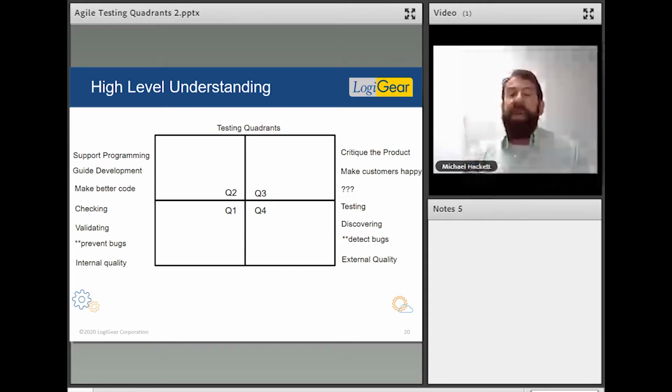If quadrant 1 and quadrant 2 is preventing bugs from being released out into the system, quadrant 3 and quadrant 4 is bug finding, finding the bugs the way testers find bugs, more like transaction workflow type testing than code level preventing bugs, from checking that the individual function we wrote is going to work the way we think it's going to work. Over on the quadrant 1, quadrant 2 side. On the quadrant 3, quadrant 4 side, we're finding bugs,